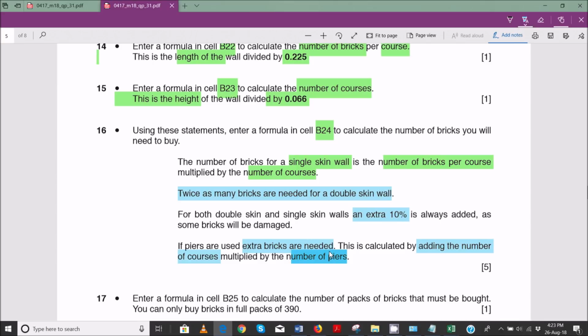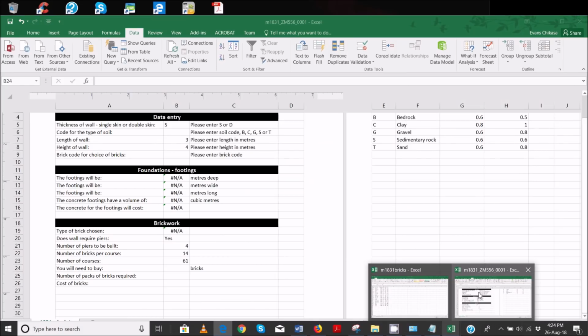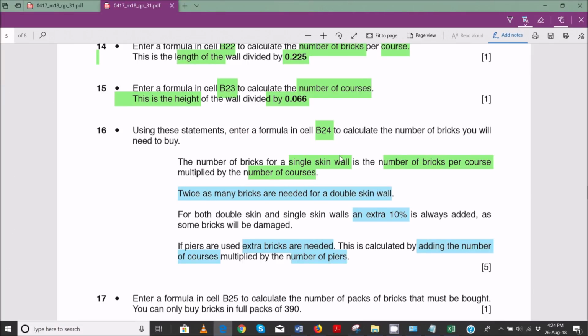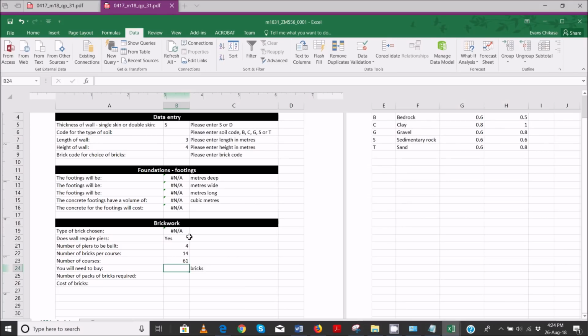Cracking down such a question as this one may prove to be a challenge for many students. But what's important is that you need to find a way of working around this, guys. Just think through what is required. So the question tells us, in cell B24, which is this one here, we are going